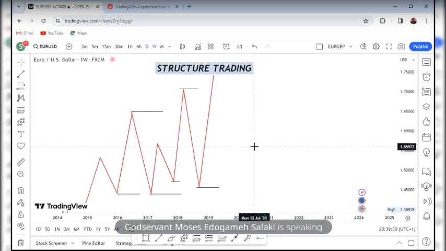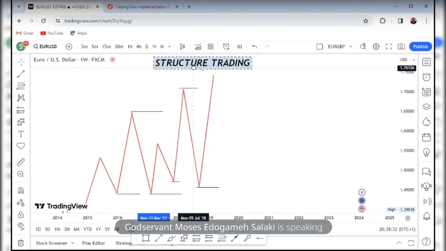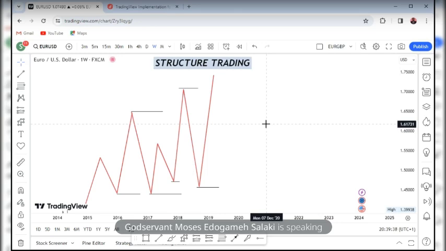So you want to check out the correlating time frame to be able to see your model. If, for instance, you are a trend line trader, you want to see those touches and those rejections around your structural zone. Are you getting it now? You want to ensure you are seeing the touches or the rejections around your structural zone.